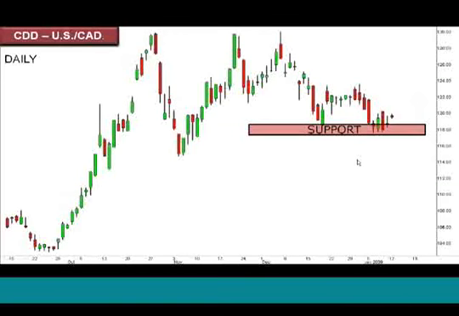Okay, and again, what we would look for is a break above your key level in this area here, and perhaps a test of this 123, 124. In fact, we're at 122 and a half right now. We can take short-term plays or a short-term directional bias to the upside in this case based on that information, but we always have to be aware that this key level in here is a bit of a stumbling block or a resistance level